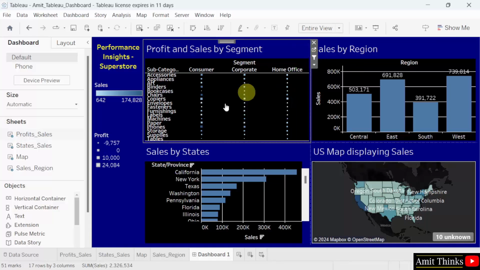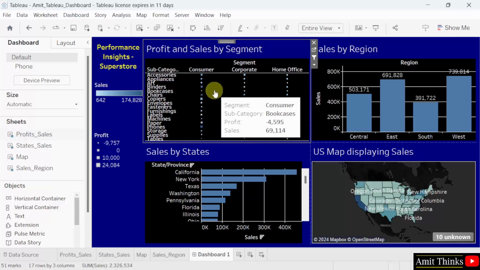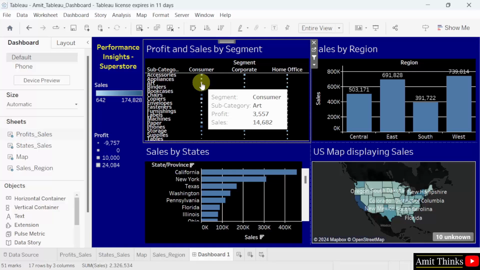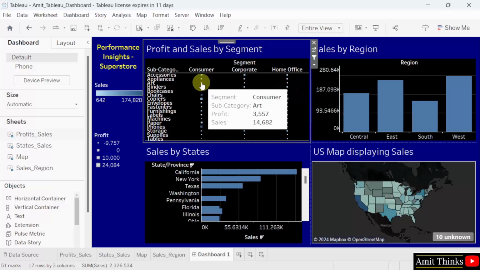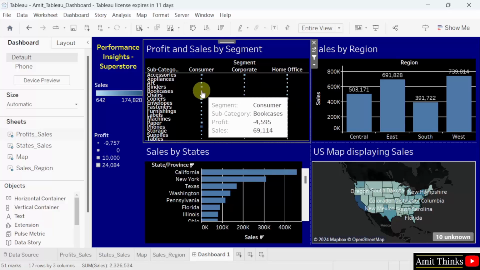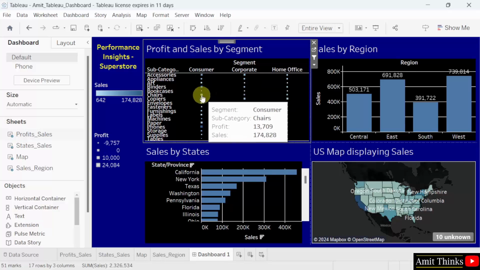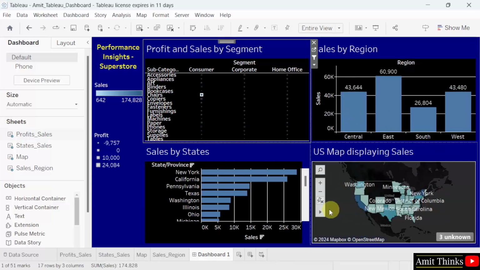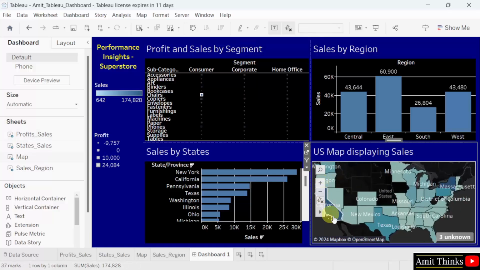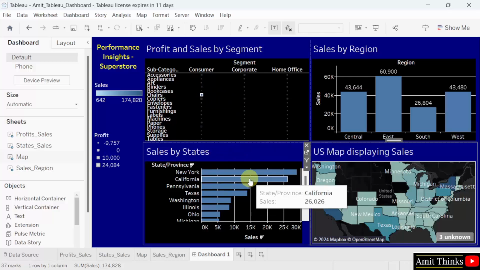Now when I click any of the values, let's say I click on art here, the third one, what will happen? All of the values updated for the art subcategory. Okay. I'll click, let's say, on chairs. Okay, this is a chair. You can see the tooltip, right? Consumer chairs, profit sales. When I click on it, the sales of the chairs subcategory updated everywhere. I'll click plus here and you can also see the map and the sales by state is visible. All the four